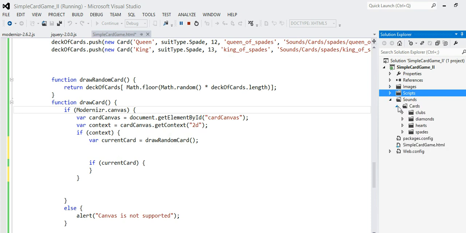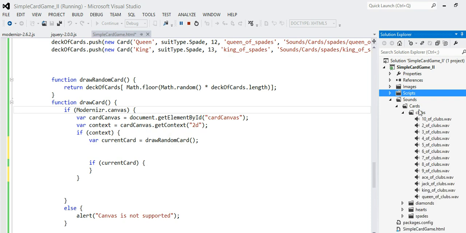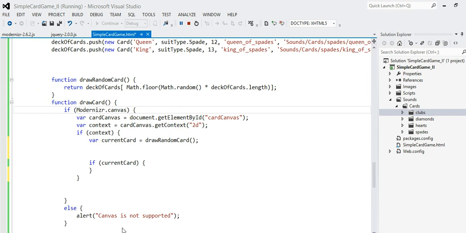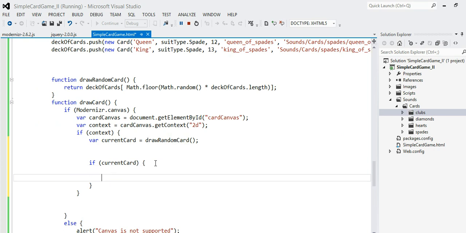Here are all my sound files, based on different kinds of suits, whether it's a club, a spade or diamonds. Looks like I have most of the information that I need. So now I can draw. If there is a card, then I can say, alright, image location, so current